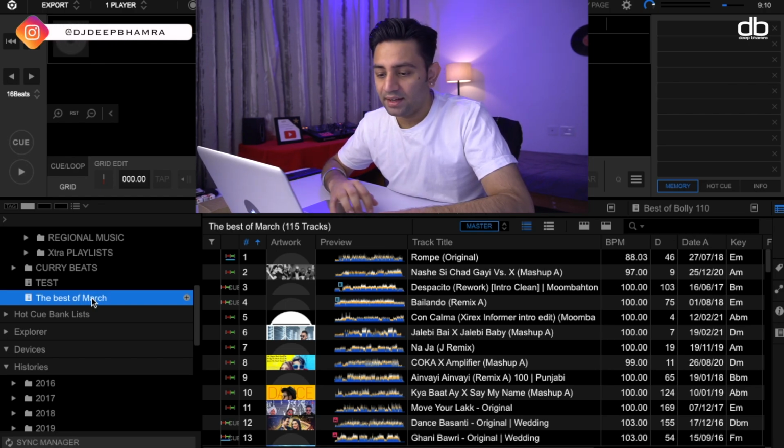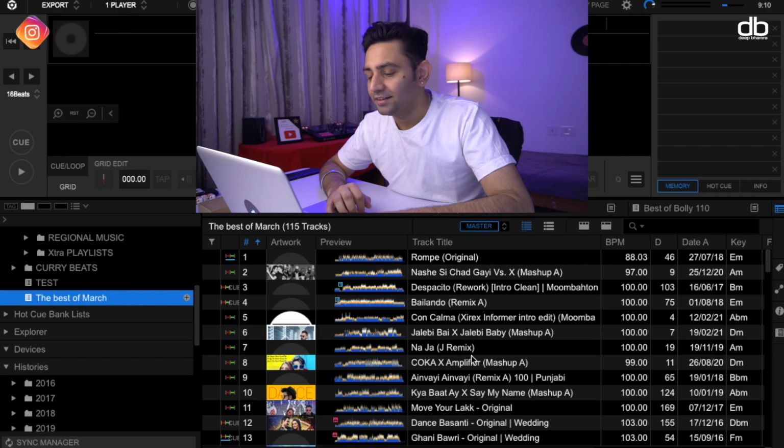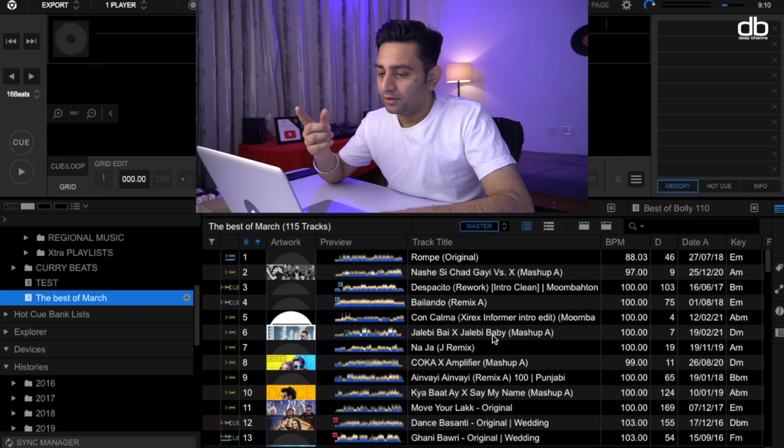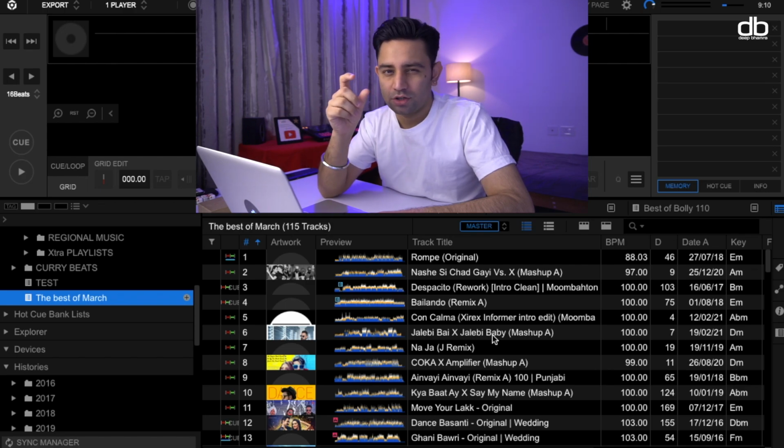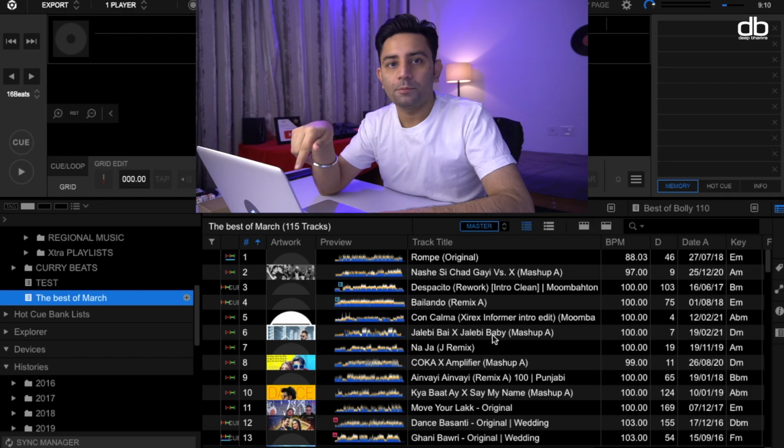You can just rename it, and once that playlist is created, you can also rename the tracks. You can rename or change the order of how you played the tracks. And just so you know, if a track is not played for very long, so if those are short samples, those will not be added in the playlist.